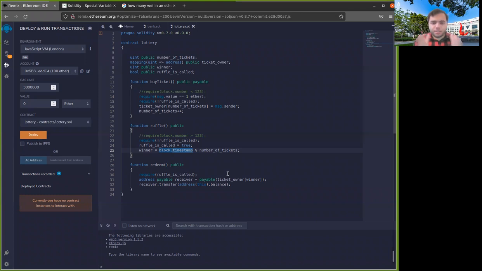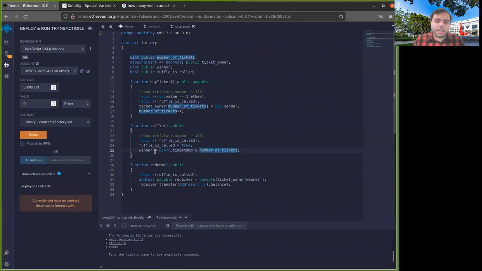So in Bitcoin, that's not a big deal anyway. And in Ethereum, the differences between block times are actually even smaller than that. But for this particular contract, that would be a problem, right? Because suppose that the miner also takes part in the lottery. And if that's the case, then the miner would just choose the timestamp in a way that maximizes the probability of winning for the miner himself, right? So if the miner owns one of the tickets, he can just choose the timestamp so that when we take the timestamp modulo the number of tickets, he wins.